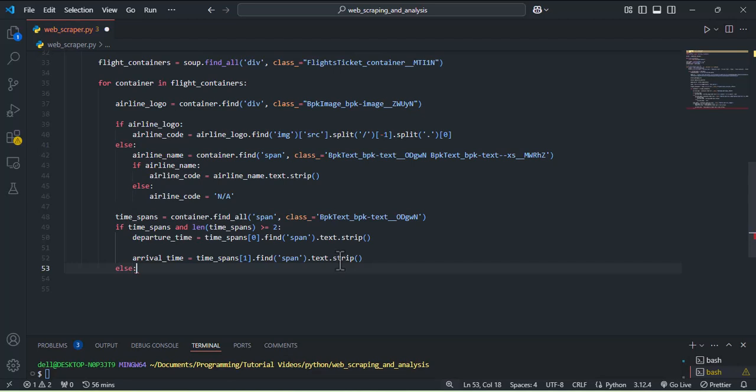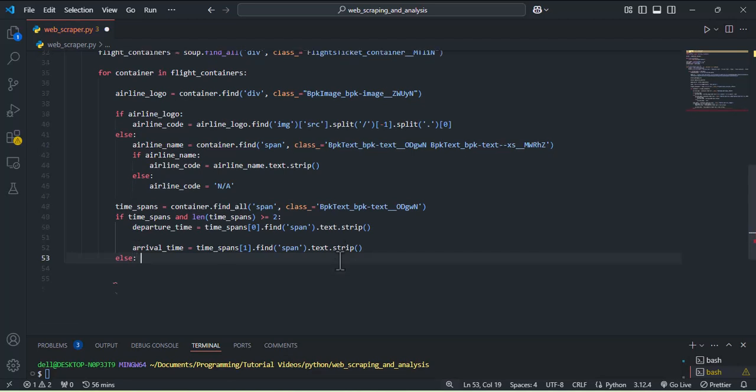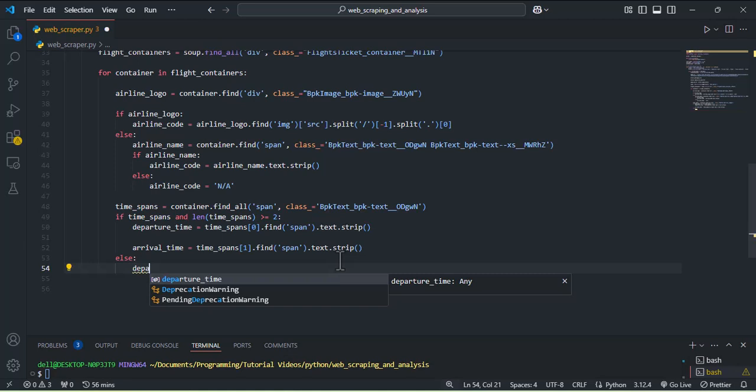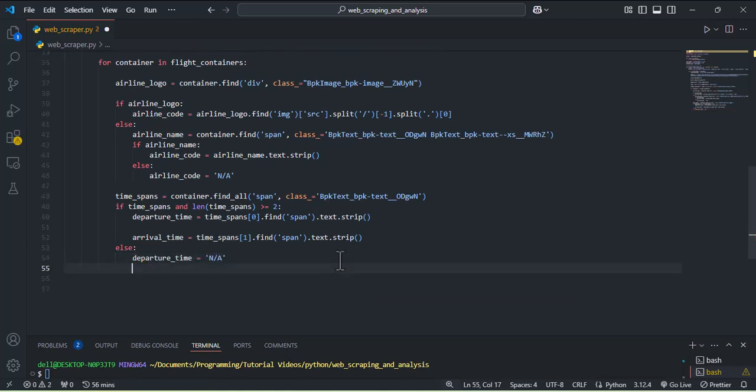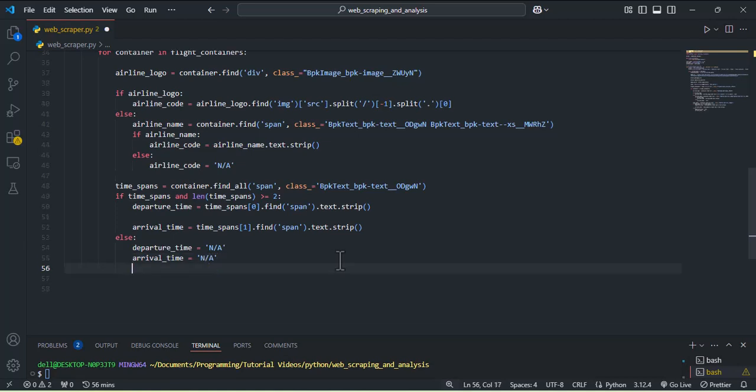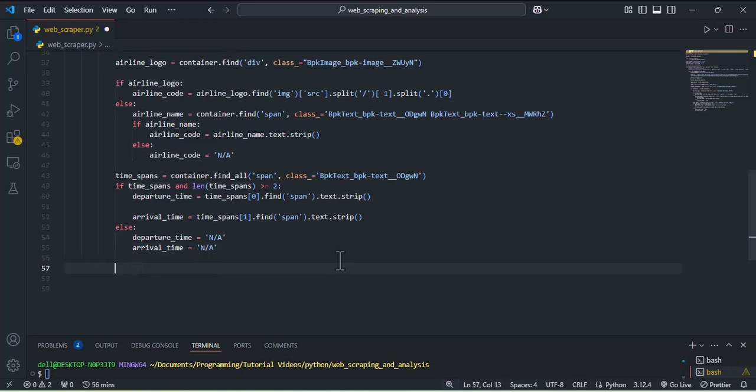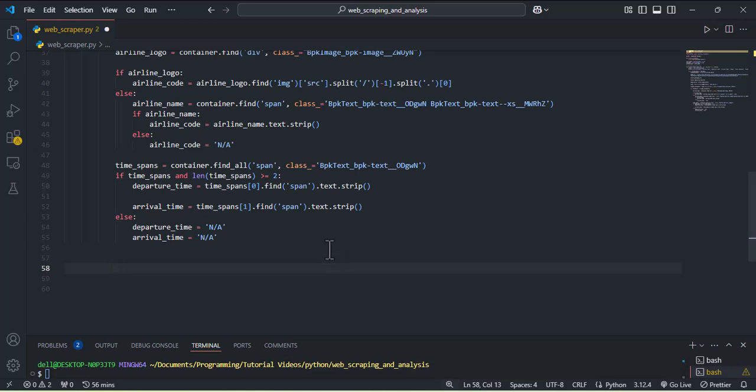So that means if you don't have the time span, then I can conclude to say our departure time is not available, and also our arrival time is also not available. So with that, we can then go to the next item, which is the stops that we have. Either it's direct, if it's a direct flight, or if it has stops. So I get the stops text,